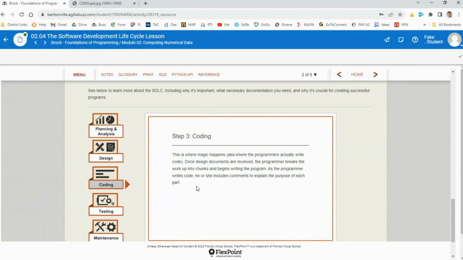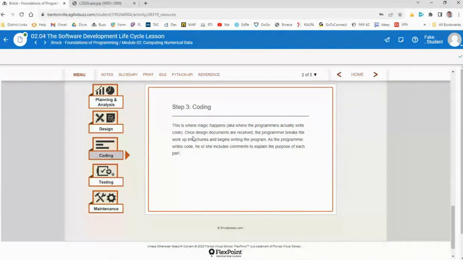Just so, especially since it's a team of people, if I go to look at your code and try to figure out how my code needs to fit in with it, having those little hashtags in there with those comments helps me to figure out what each section of your code does. So you can use all the hashtags you want to in a program to explain steps. It's very useful. Step 4, testing.